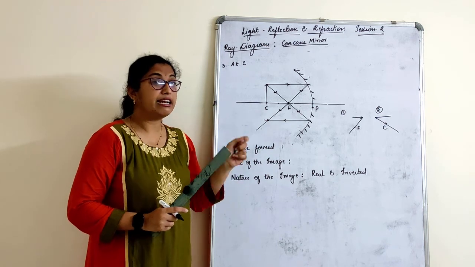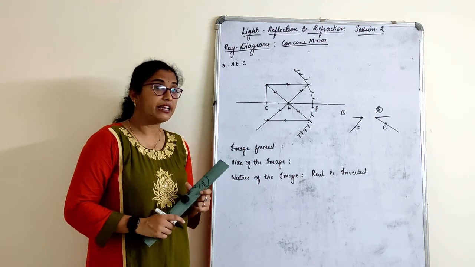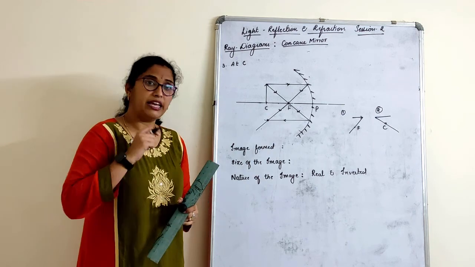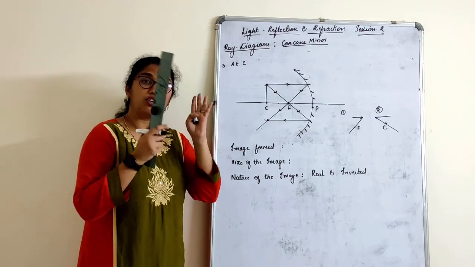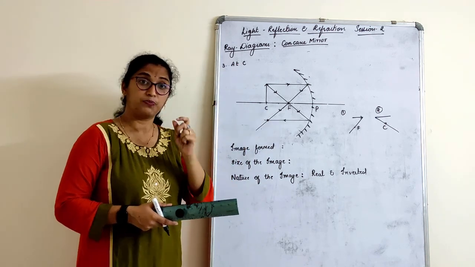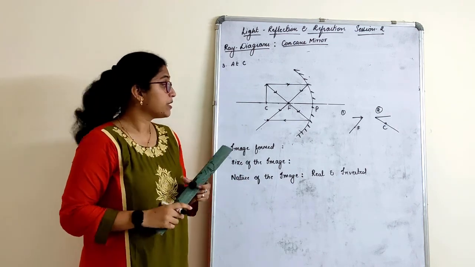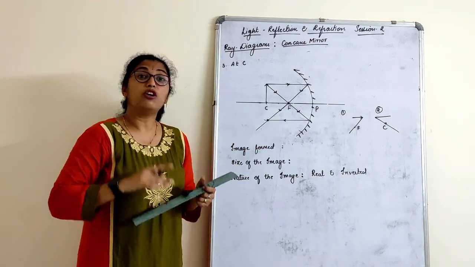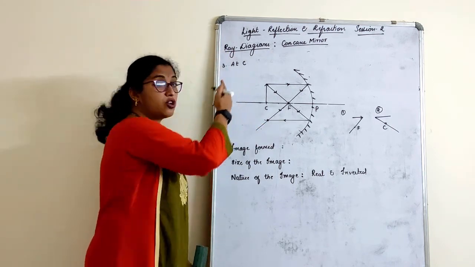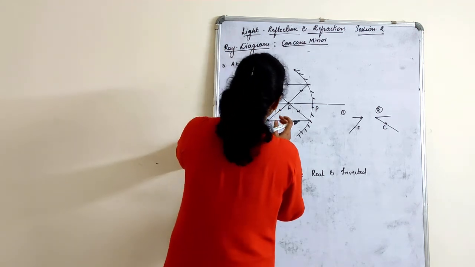It is very difficult to get. You have to make sure that your rays are drawn very accurately. Why I am telling this is because I know after I send you this video, most of you who see it on the same day will call and tell me, teacher, we are not getting the image formation at C. Try to get it at C by using correct measurements. It is very difficult to get, but sometimes it also depends upon how big your mirror is and how big your object is. Try it accurately and you will get it. When did I get it? I got it here only.